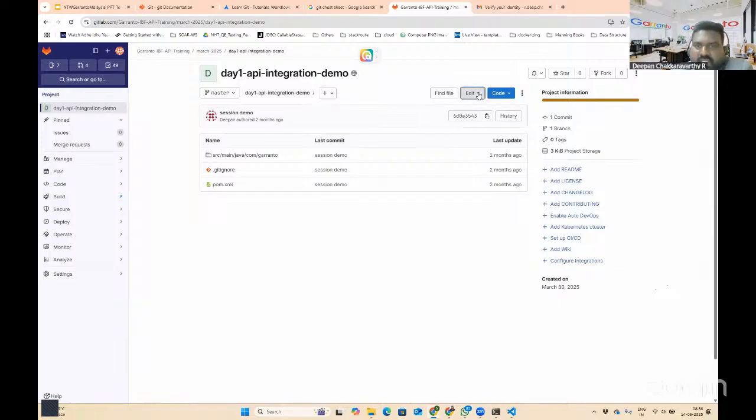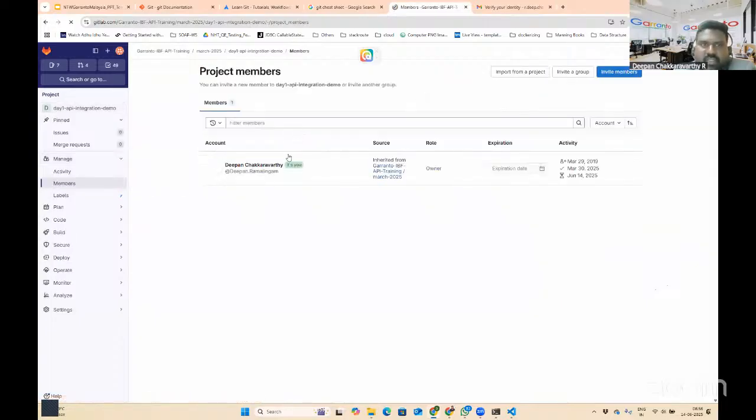There are also online workspaces where we can manage the project online itself. You can see what activities are happening in the project. You can add members to this project; this is how you can control the access. You can add members and assign them roles. For instance, this project has one member, and I'm the owner. If I want, I can add another member and make them owner, maintainer, or reporter, something like that. So there are different access controls.